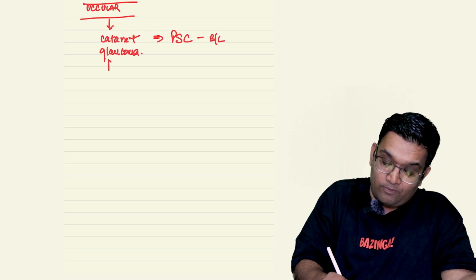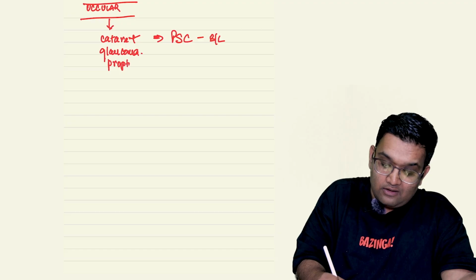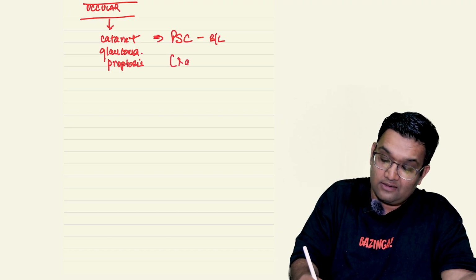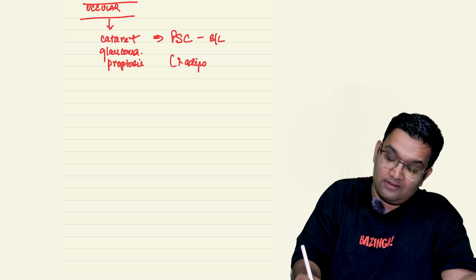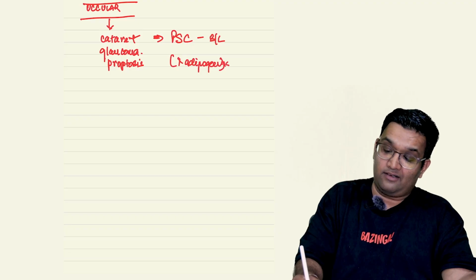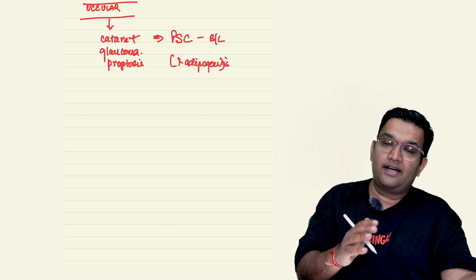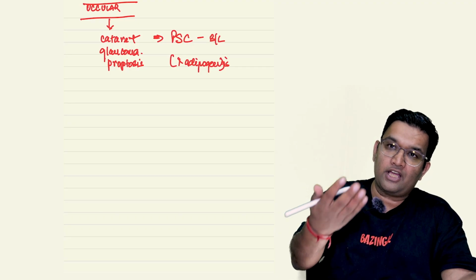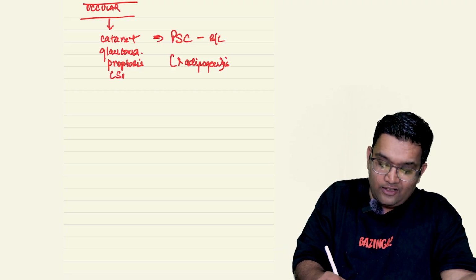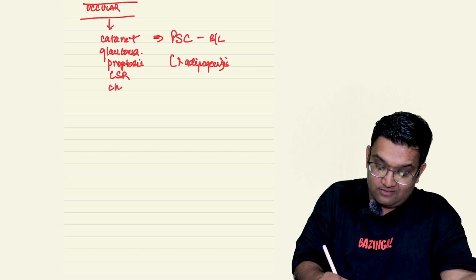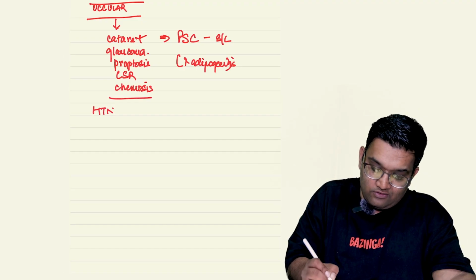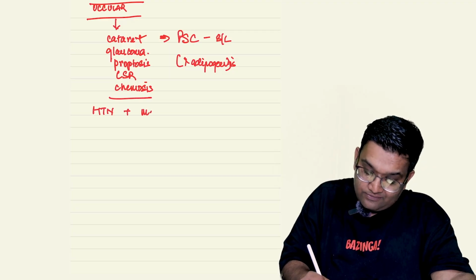The other is proptosis because of increased adipogenesis, and this fat is going to get accumulated in the retroorbital area, which will push the eyeball out. There can be central serous retinopathy, chemosis, redness in the eyes, hypertension along with metabolic alkalosis,